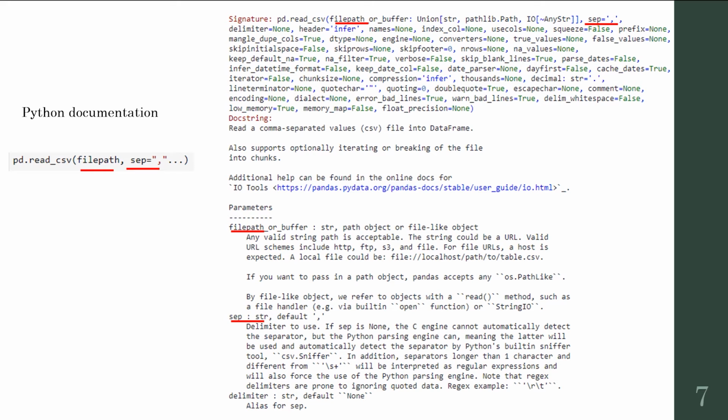Here's some documentation related to the read_csv function. There are many arguments which could be modified. The file path is a positional argument, so you do not need to indicate the parameter name when passing in the location. However, depending on the original dataset format that will be loaded into your program, you may need to use the sep parameter, similar to the print function sep parameter. You'll see in the documentation that this is highlighted in red. The default argument is a comma-separated value. If you are dealing with a data file that is tab delimited, then you would need to use the \t